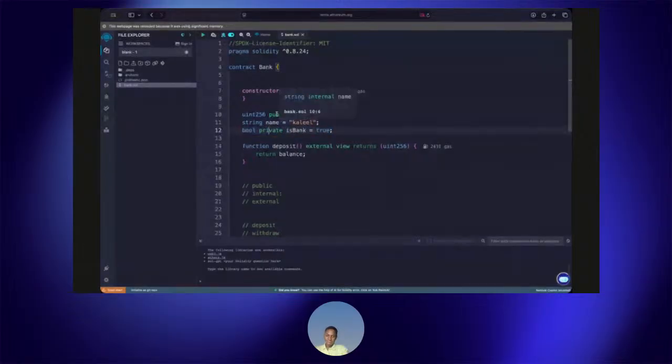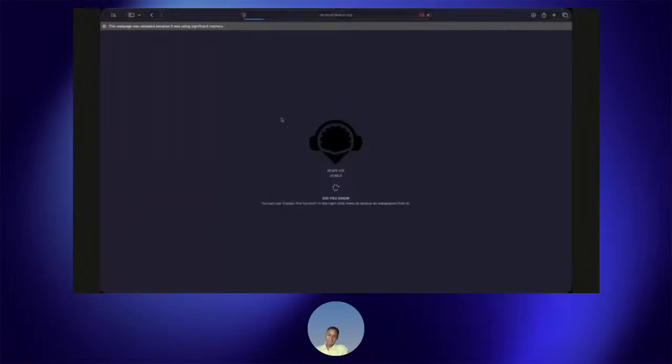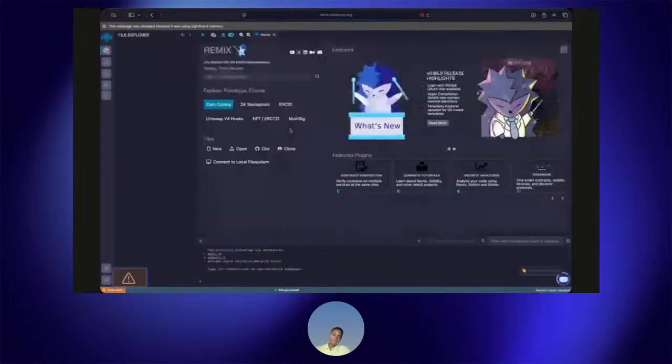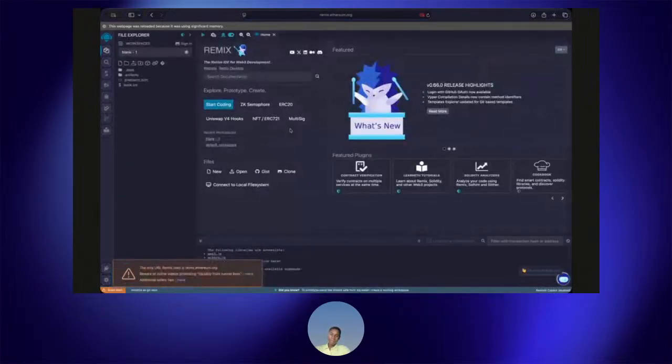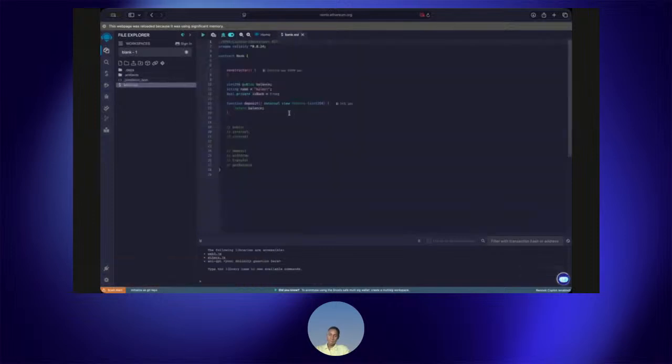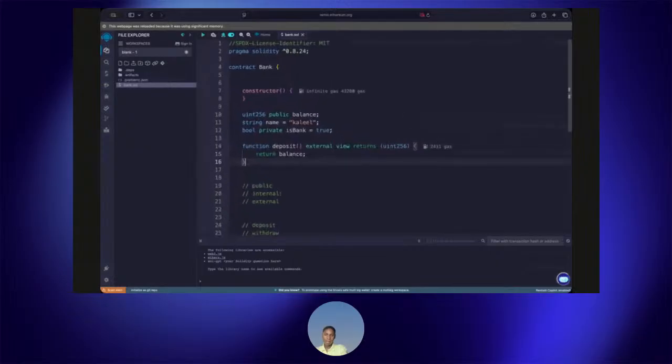And as we can see, this is a public and this is a private declaration. So with a public, you will say that the public is visible to anyone. So you can also go and then see anything that's public. But a private can only be called or seen in the smart contract.